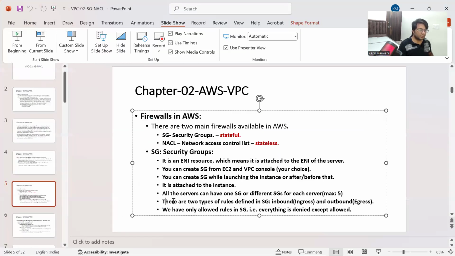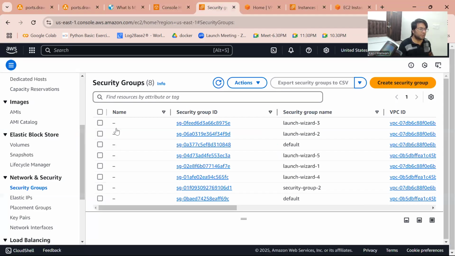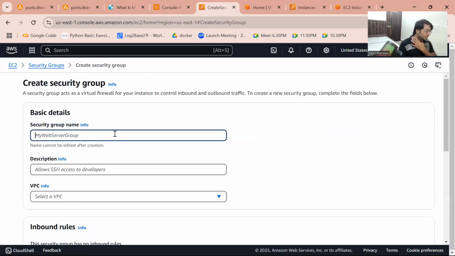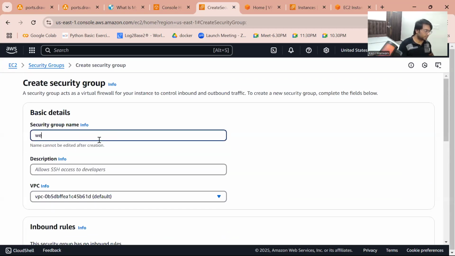Now, there are two types of rules defined in the security group: inbound rule and outbound rule. If you look at a security group, it is basically placed for the security of your instance. So there are two types of rules. Let's look at any security group or create a security group. Let's say I'm creating one security group, let's give it a name like web server